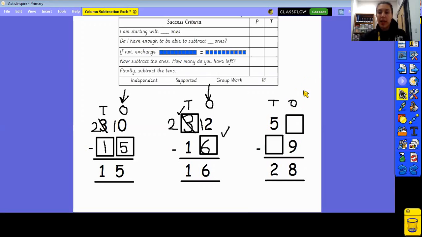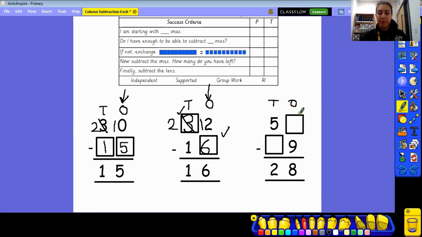Super. So, as always, we start with our ones. So, something, take away 9 equals 8. Now, because our starting number is missing, and we know that when we do a subtraction, our starting number is the whole, so it's the biggest number, we need to do the inverse operation to get back to working out the whole. So that means I now need to do 8, add 9,